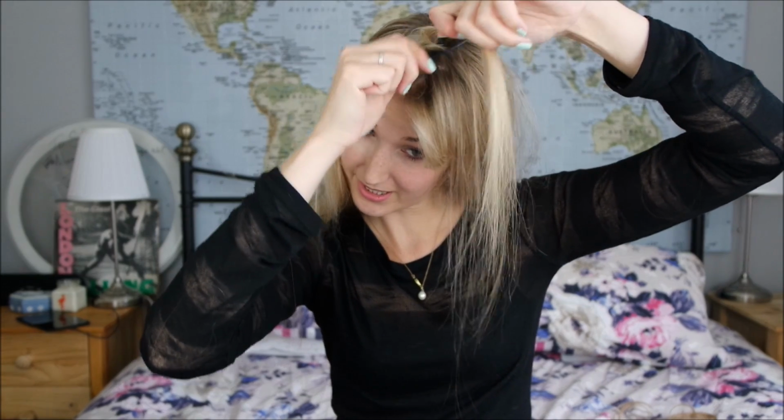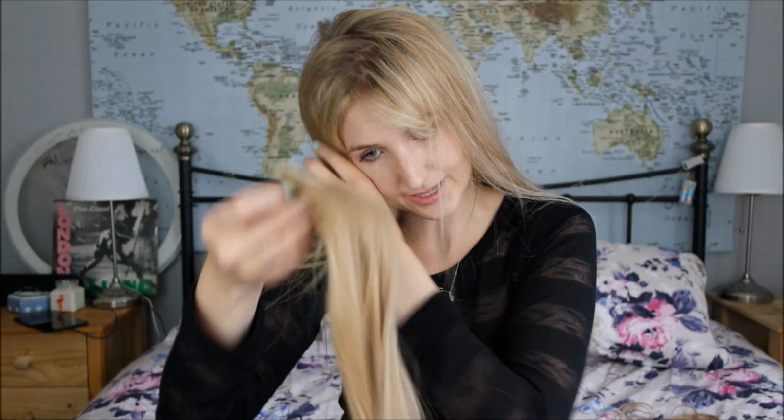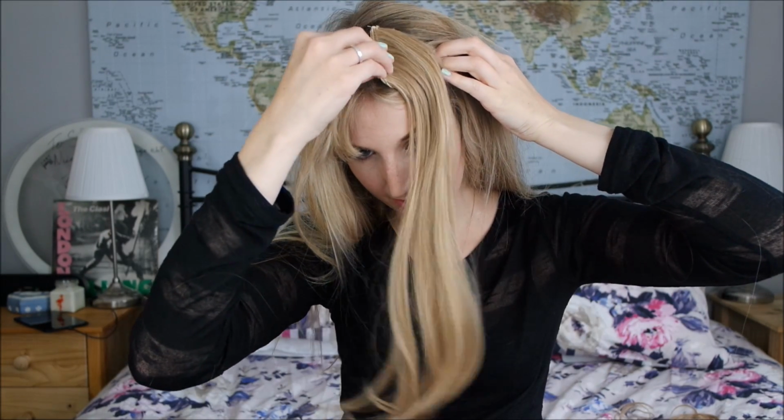Okay. So again, take this front section here and we're going to backcomb it, just to give a bit of fluff to cover over the clips and the extensions. And again, we're going to use the piece with the 2 clips. And we're going to put that in here underneath the backcombed section. Okay, so flip that back over